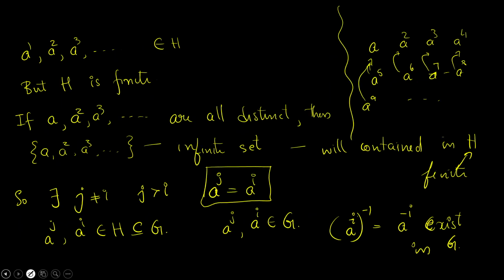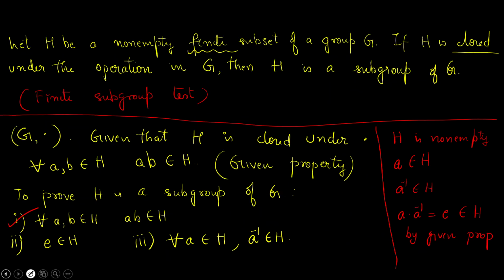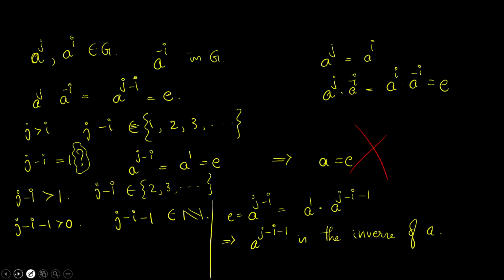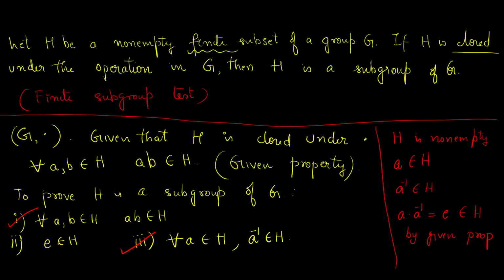Correct? So aren't we done? Because here we started with a non-identity element and we got that a inverse is in H. So aren't we done? The property 3 is satisfied, right? Because take any element in H, it can either be the identity element of the group G or it is not the identity element of the group G. If it is the identity element of group G, we are done. Now, if it is not the identity element of the group G, still we proved that a inverse must be there in H. So, in any case, if a is in H, a inverse must be in H. So, property 3 is satisfied. So, consequently, property 2 is also satisfied, right? So, all the conditions for H being a subgroup are satisfied. So, H is a subgroup of